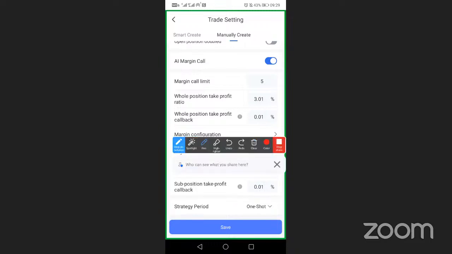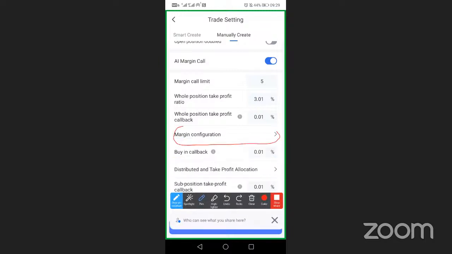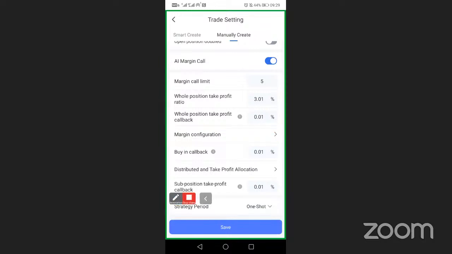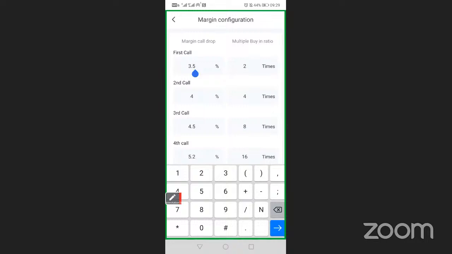All right. Now let's tap on our margin configuration and do the settings. We are still using the same settings for margin configuration, especially the margin call drop.